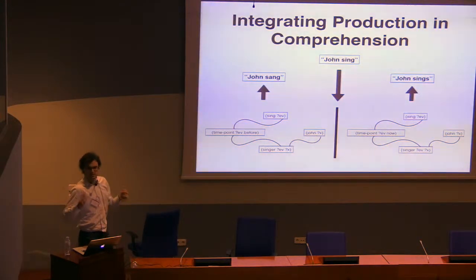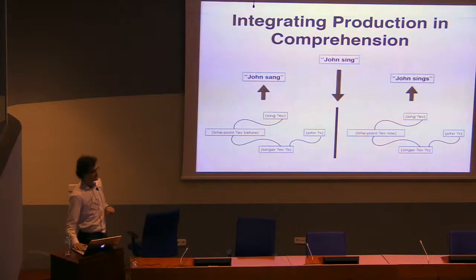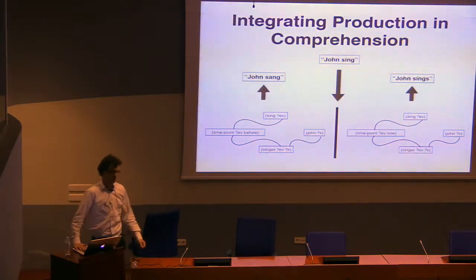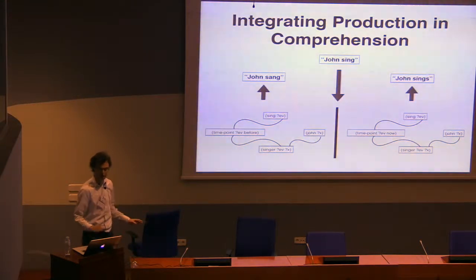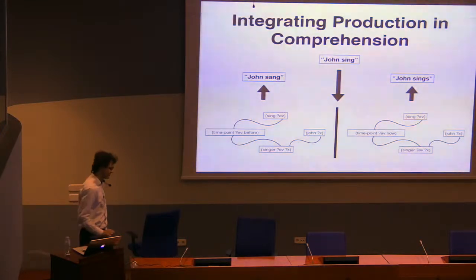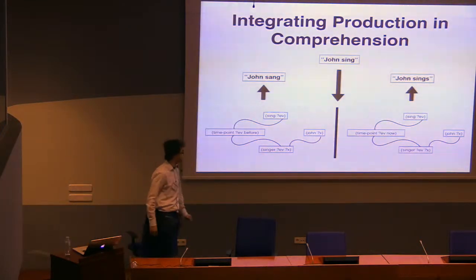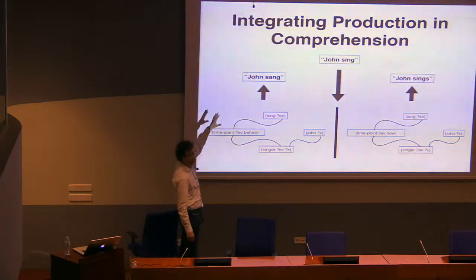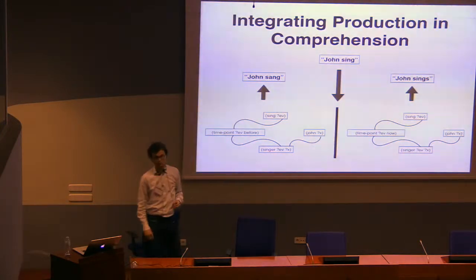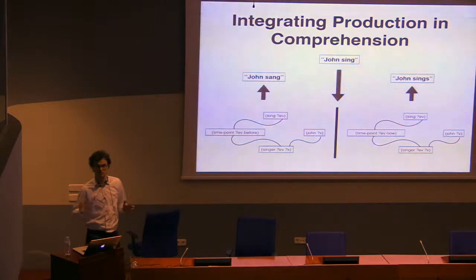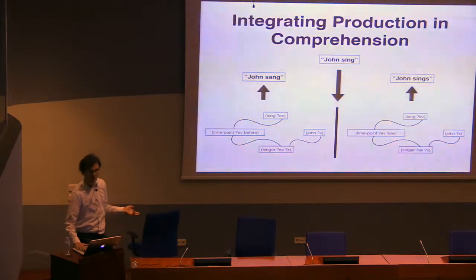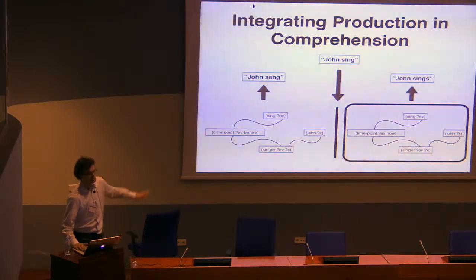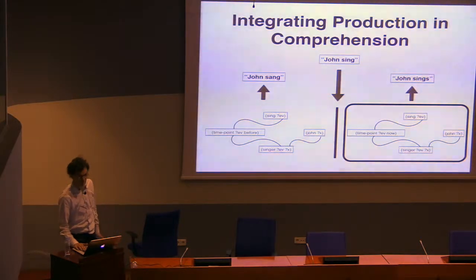Then we come up with all these production hypotheses, and according to some evaluation metrics, some ranking mechanisms, the agent will go for one of the hypotheses. These ranking mechanisms can be based both on a form level or on a meaning level. So, for example, if the agent looks in its world model and sees that there is some John singing at that moment, it will probably say this is the most appropriate hypothesis.